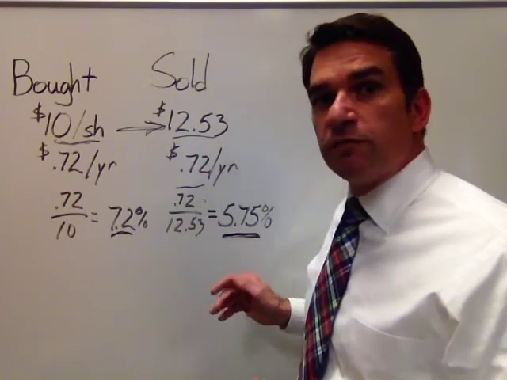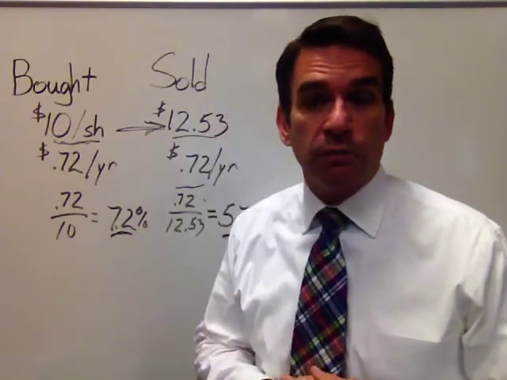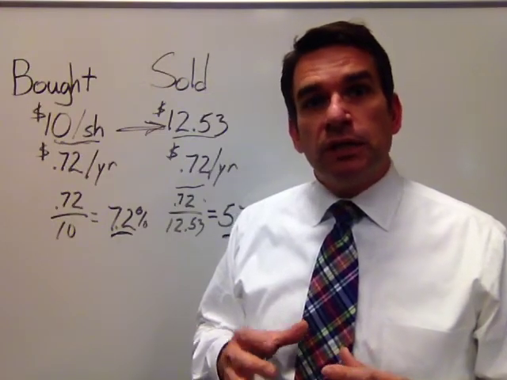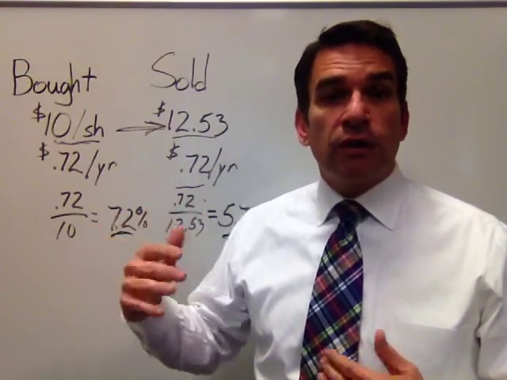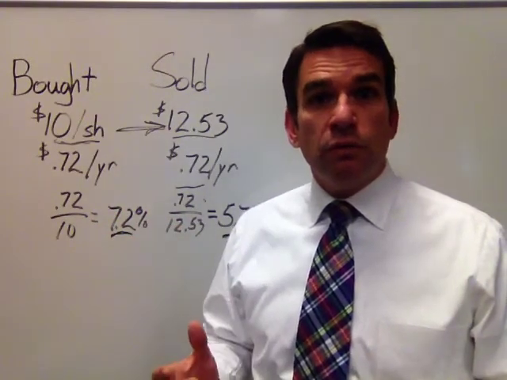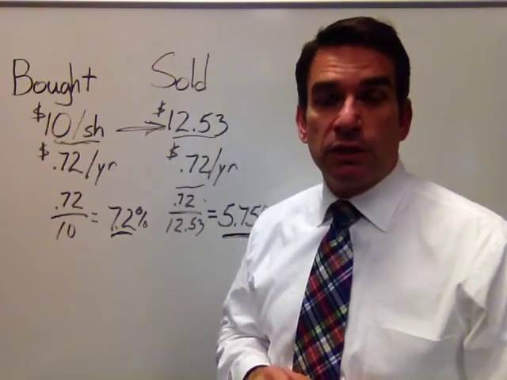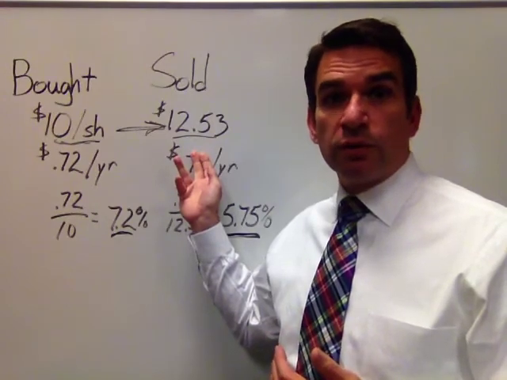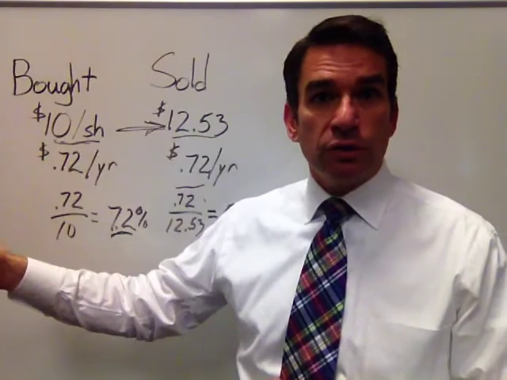Still pretty attractive, but significantly lower than the 7.2% we had when we originally purchased it. So, in this example, what you see is that the income had remained the same, but the gain in the share price had created a lower yielding security. So what did we do? We took that opportunity to sell that specific position, and we were able to lock in a capital gain of a little over 25%. We then took the proceeds and invested that into a new security.